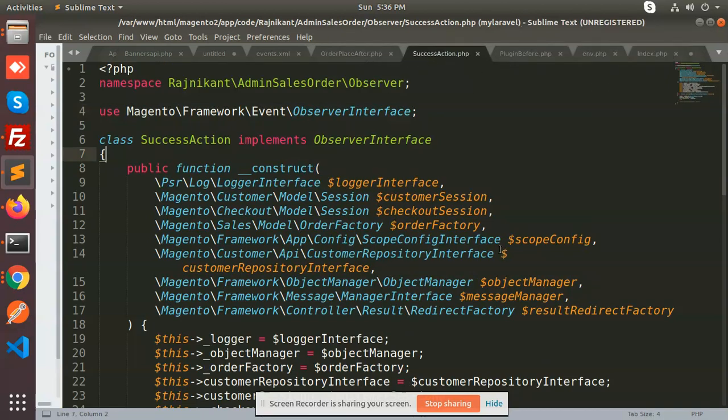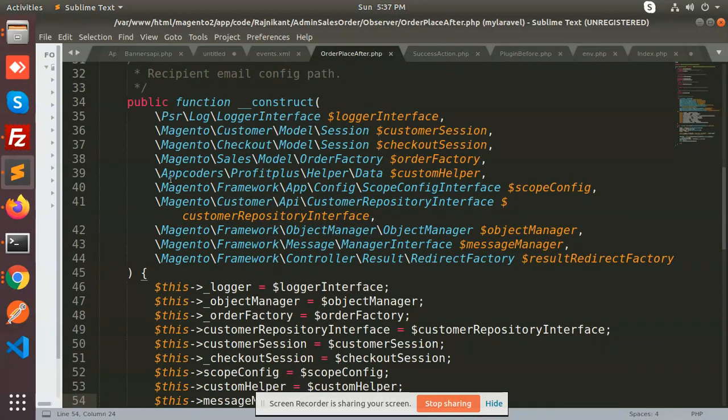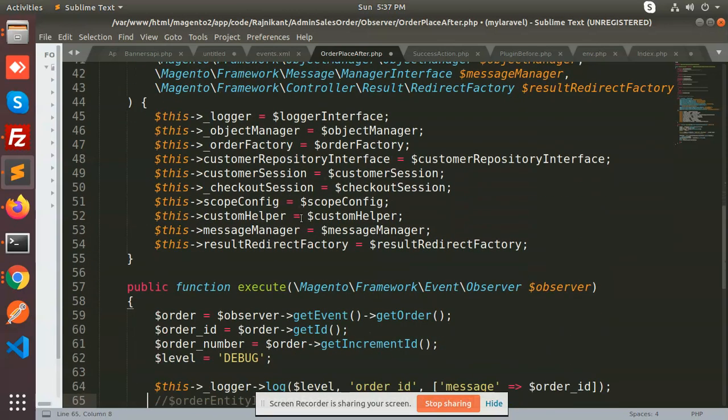Okay, so this part is done, and let's check whether it has the custom helper or not. If it does, then we need to remove that. Okay, we have removed this part.